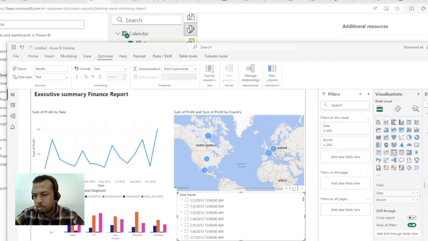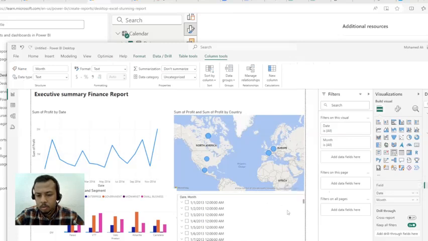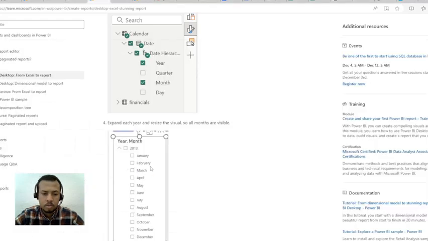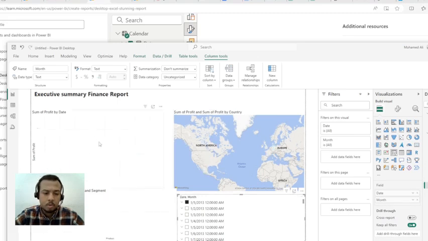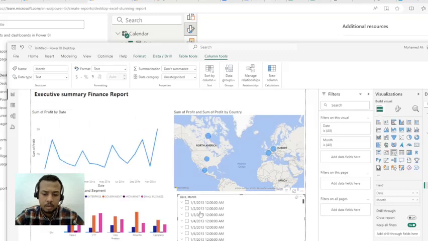So actually we have months, and also years. For example, if I want to check this month, I can check it from there. If I want to check, for example, yearly,